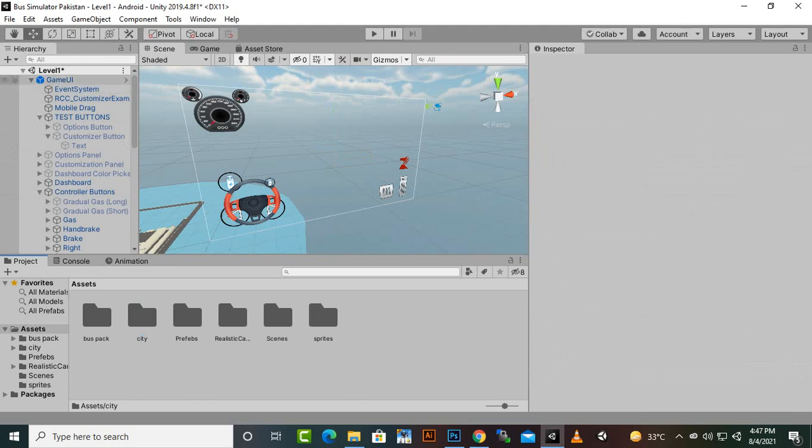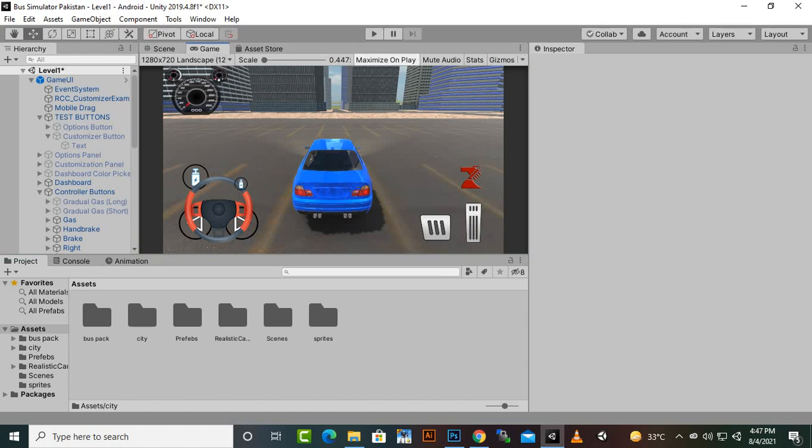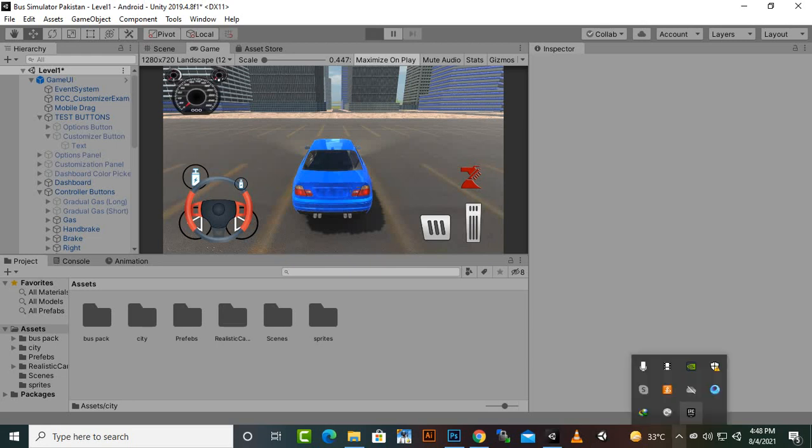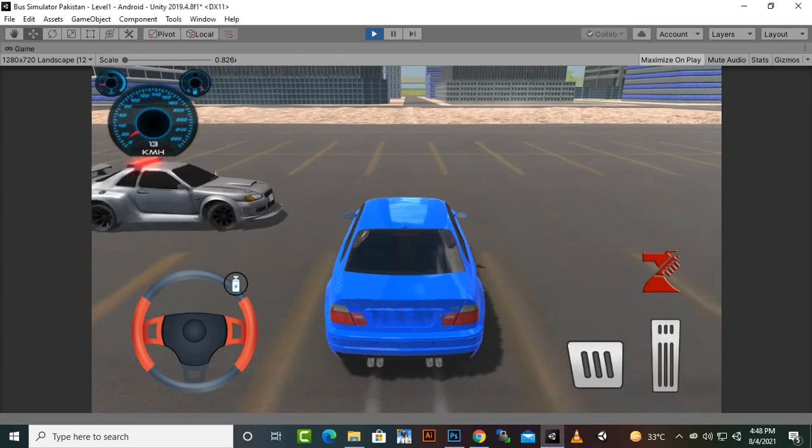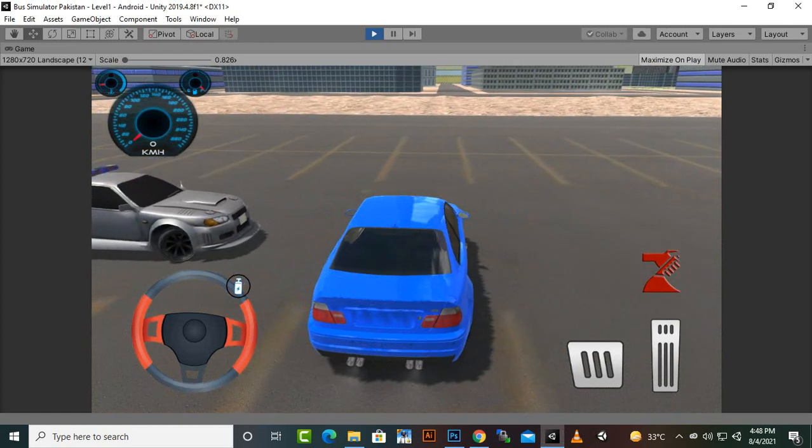So here we are setting up the level 1, and in the game UI I did some changes regarding the speedometers. As you can see, we have only one speedometer now, and we have this nice brake, accelerator, hand brake, and the steering wheel controller. So everything is working fine. I will just show you and then we will move further. Okay, as you can see, nice. So we can accelerate, brake, hand brake, and we can